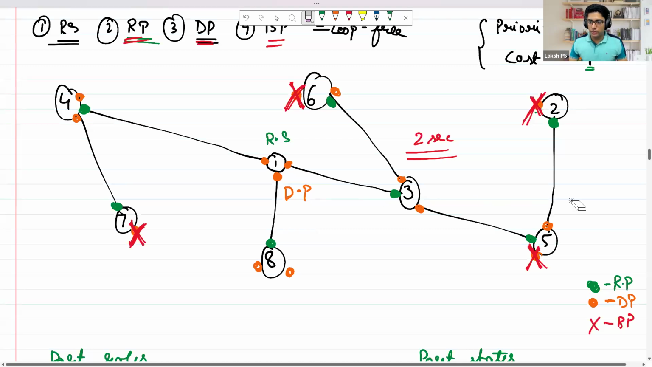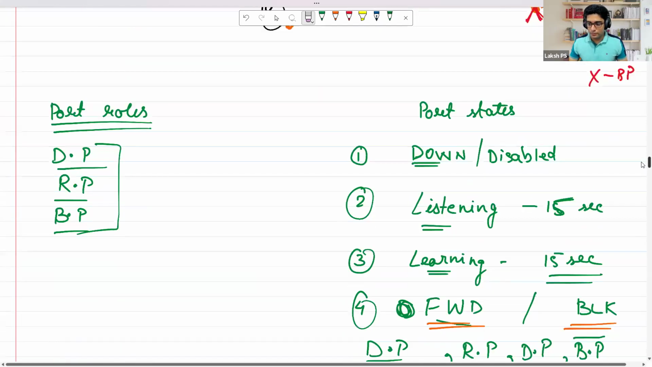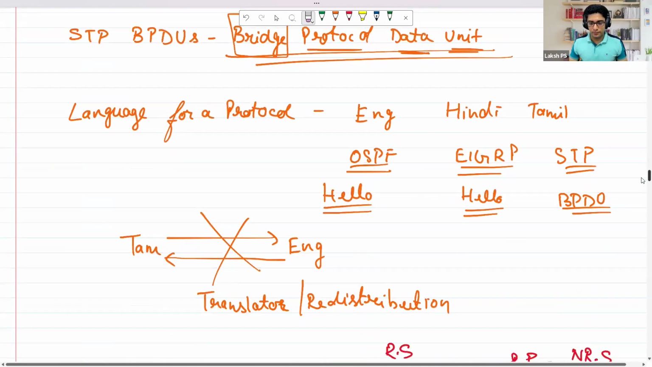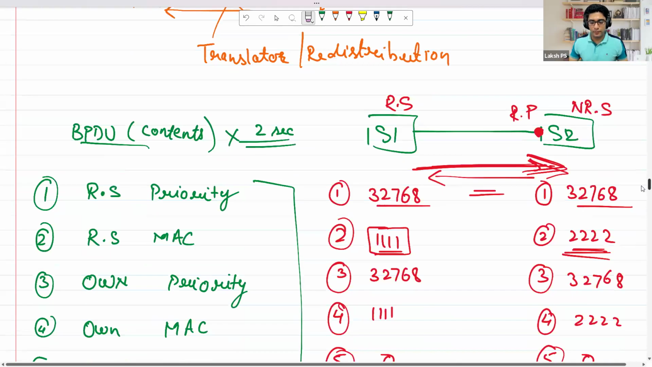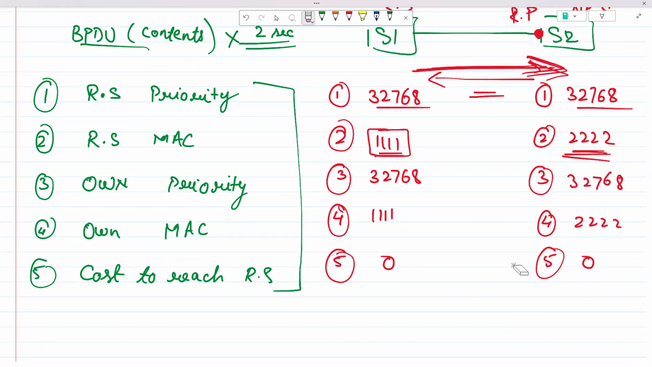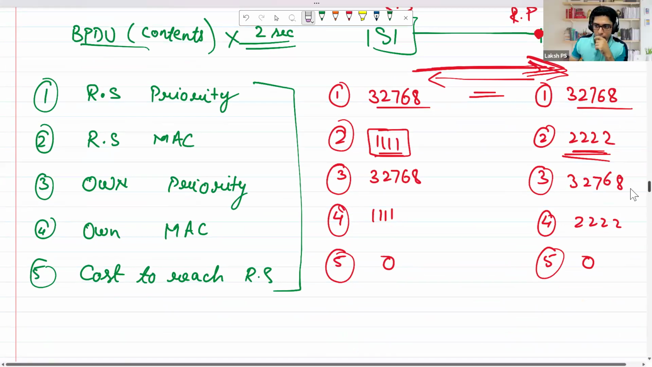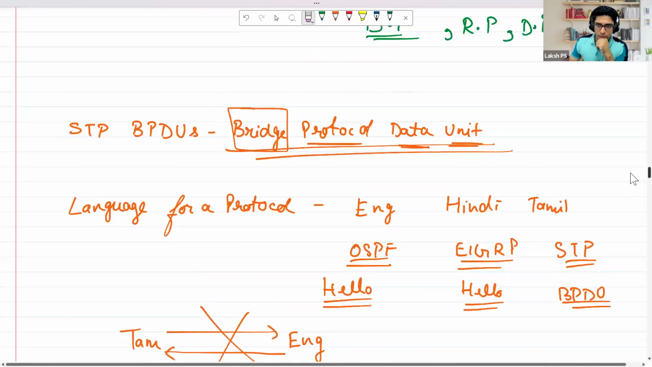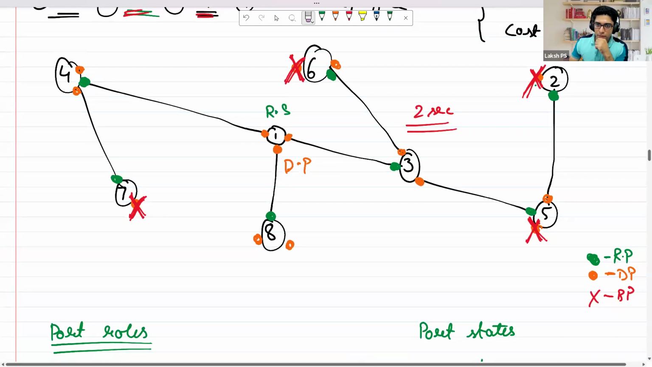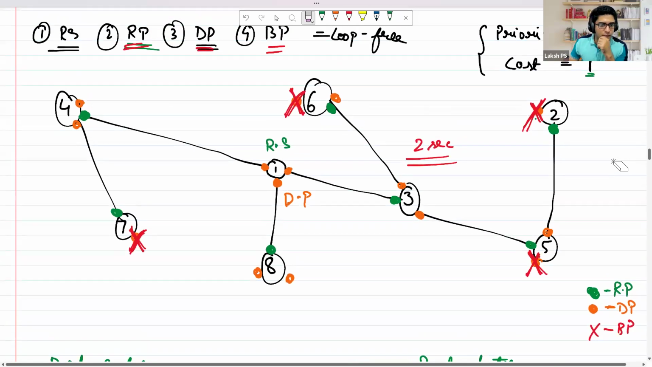Clear? Any question about BPDU? No. Mohit? Yeah, Prashant. Suppose any switches miss the BPDU, by XYZ reason. Then what happens? Okay. So let's say for some reason,